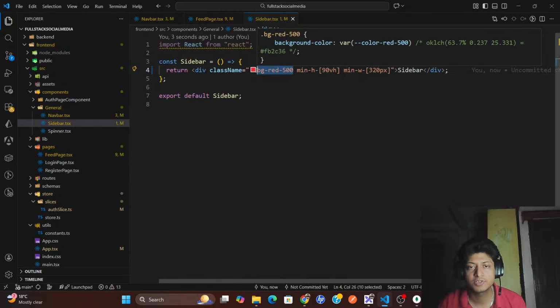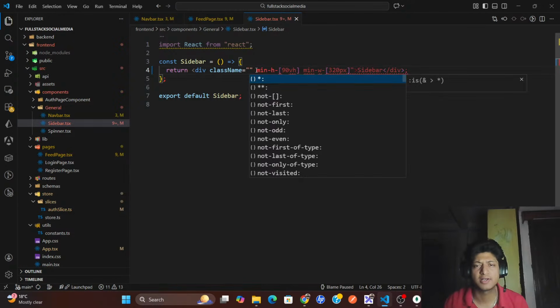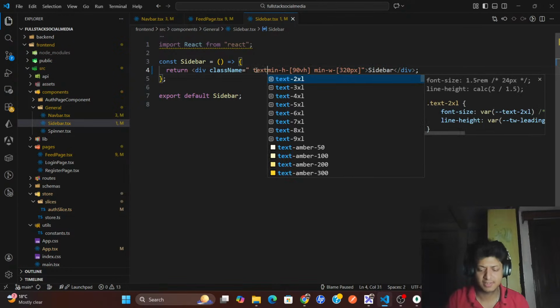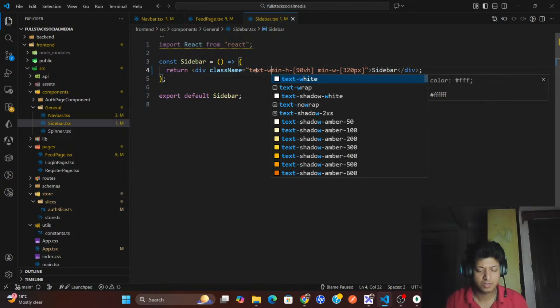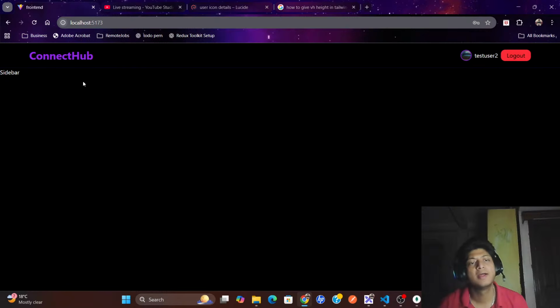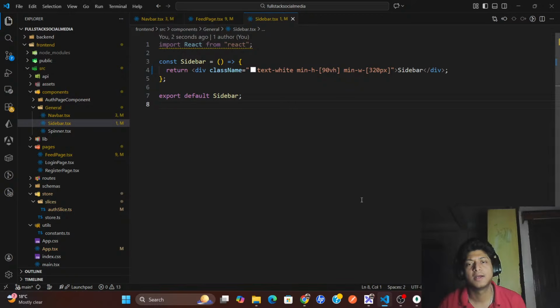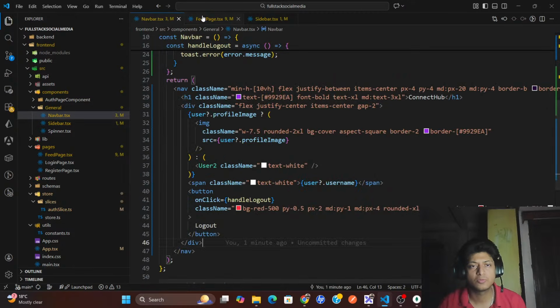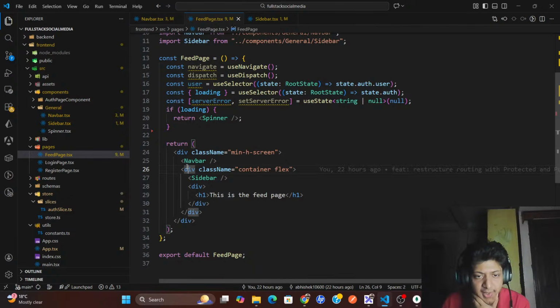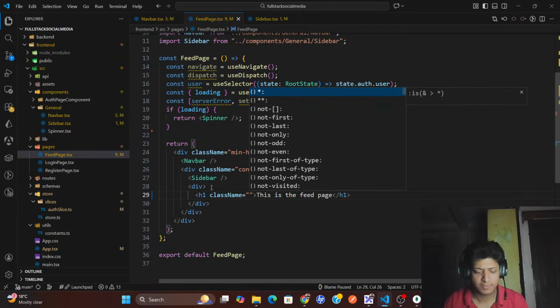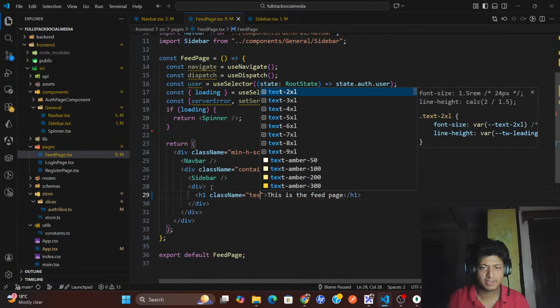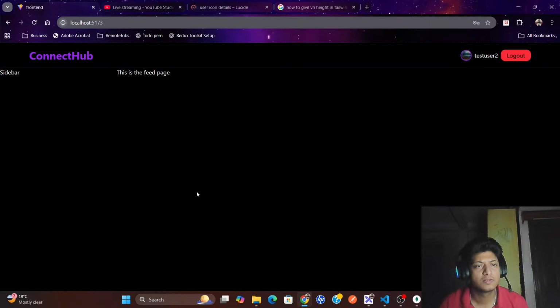So I can remove this one. Just a sec, I'll remove this one and I'll do text white here. I can do text white here, and this is done. And also this is my feed page, and sidebar, and this is the feed page. Here, class name will be text white. This is the feed page, right? So according,